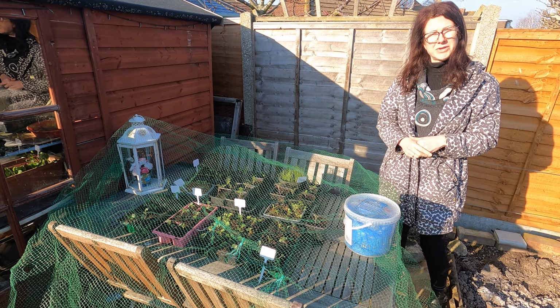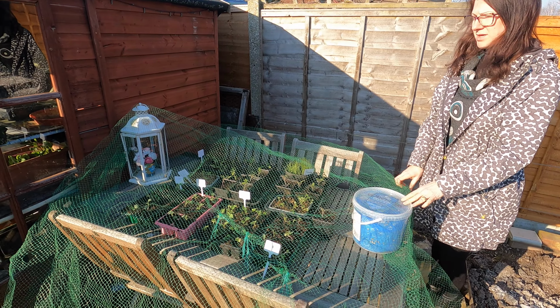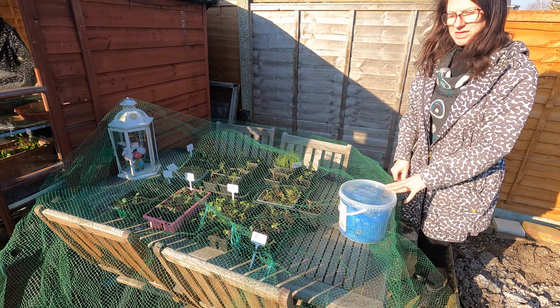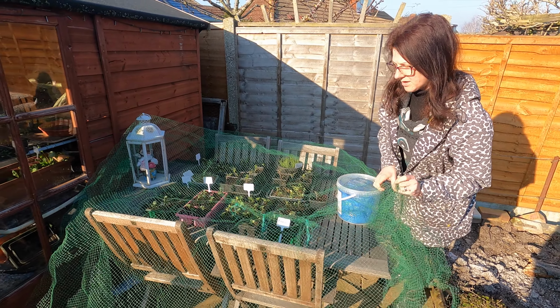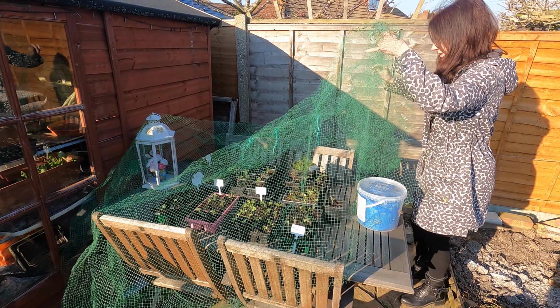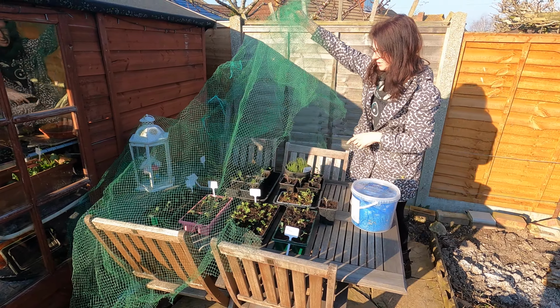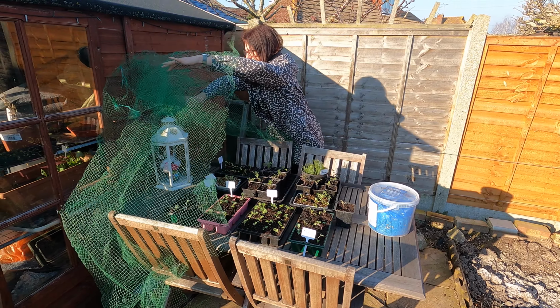you can bring them out on a nice sunny day like I've done today. I've put some net over it because the birds really like your seedlings when they're young, and I'm not taking any chances. Our bird feeder's not that far away. And I would lose them. So it's getting towards the end of the day, so I'm going to be bringing these in now. If I just show you how everything is coming on, I'll just tuck that bit of net behind there,